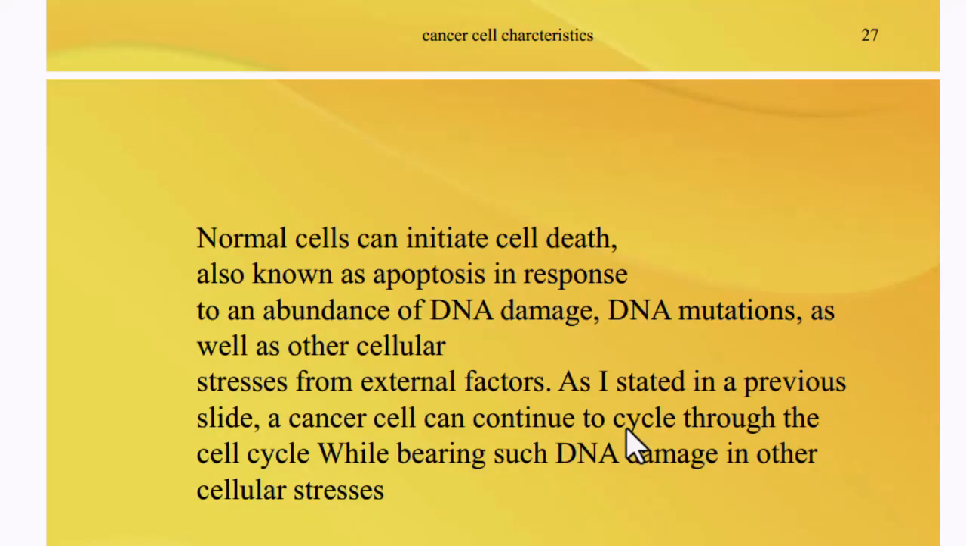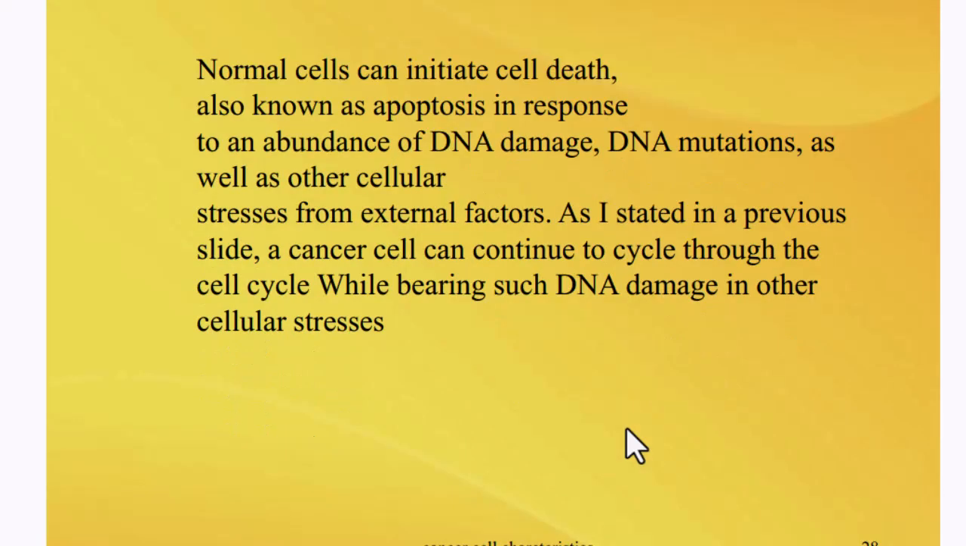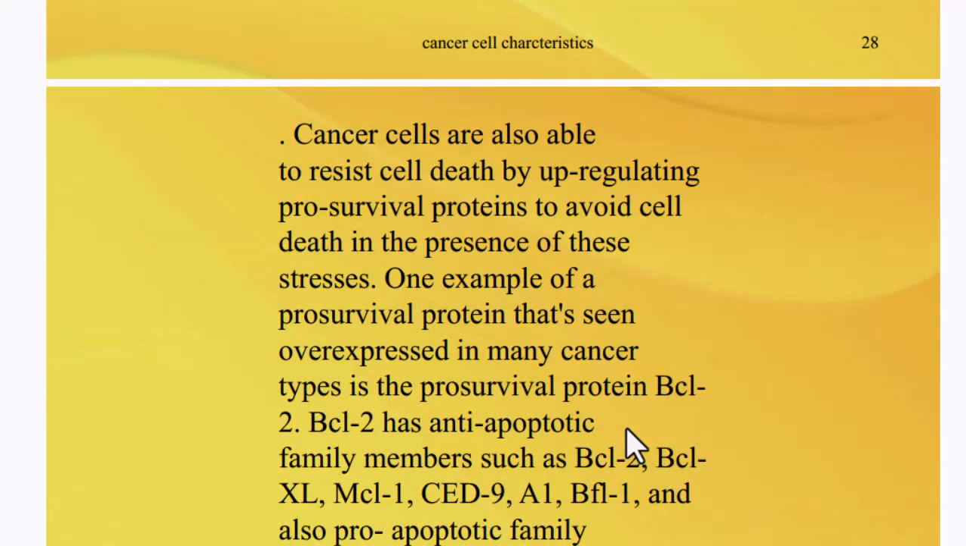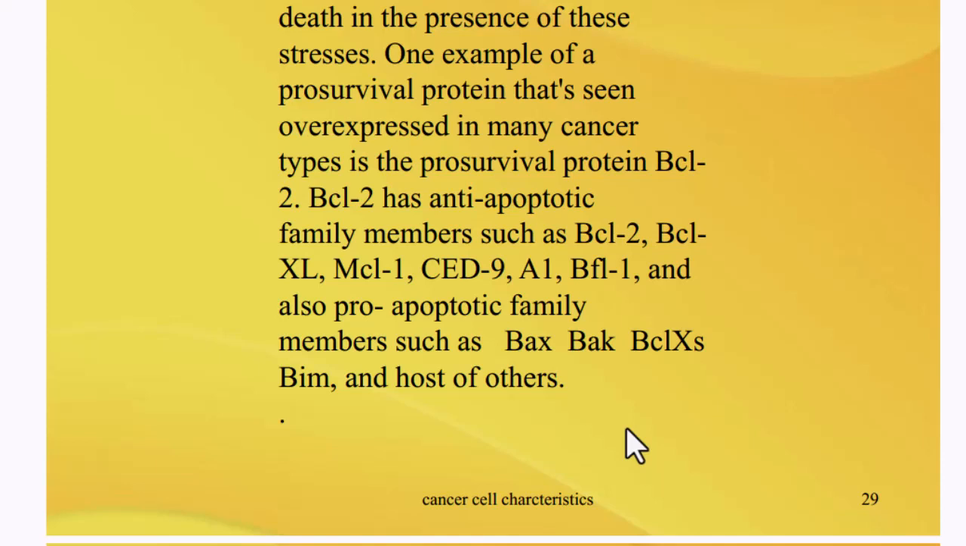Normal cells can initiate cell death, also known as apoptosis, in response to an abundance of DNA damage, DNA mutation, as well as other cellular stress from external factors. As we stated in a previous slide, cancer cells can continue to cycle through the cell cycle while carrying such DNA damage and other cellular stresses. Cancer cells are also able to resist cell death by upregulating pro-survival proteins to avoid cell death in the presence of these stresses. One example of a pro-survival protein seen overexpressed in many cancer types is